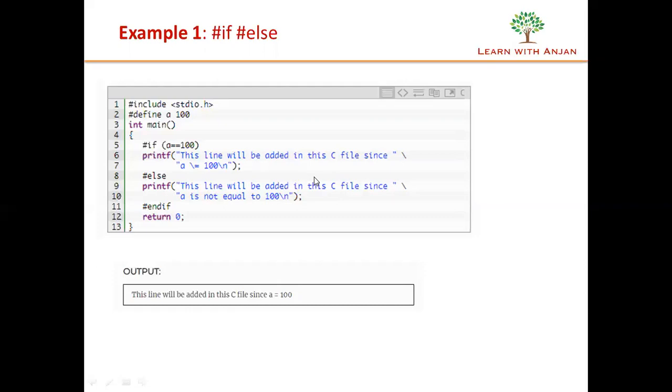Normal if only does the conditional checking at runtime. So the difference is #if is pre-compiled, and you can also do conditional compiling by using #if. That is, based on the condition inside the #if directive, certain portions of the code might be compiled, other portions might not be compiled. For example,